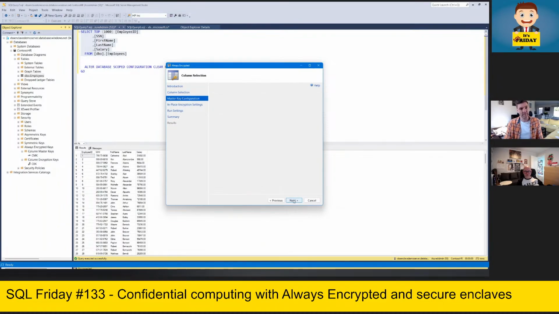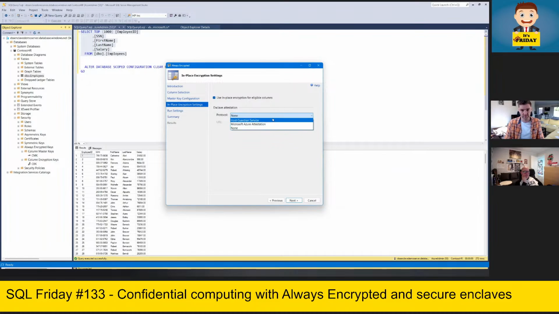All right, master key configuration. There's no additional configuration necessary because I'm already using existing keys. I want to use in-place encryption, and the Enclave attestation protocol is none. Again, I'm using VBS Enclave, so I don't need to use a protocol. What are the other options? Like I said, Microsoft Azure Attestation or Host Guardian Service.